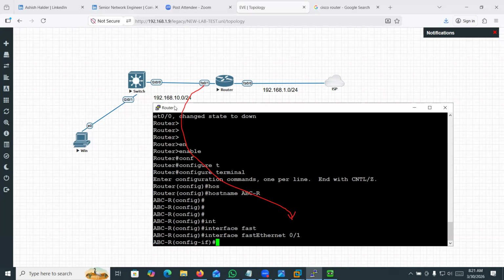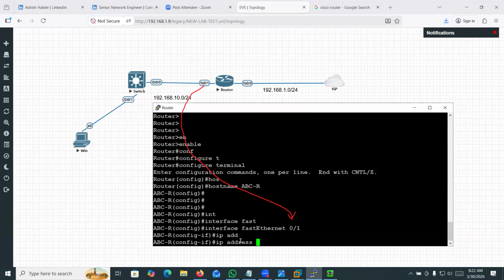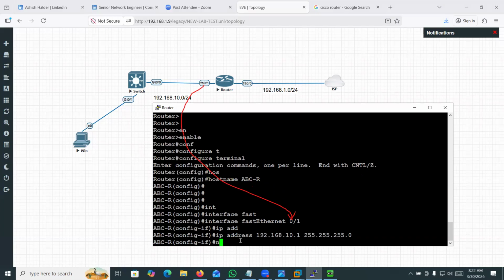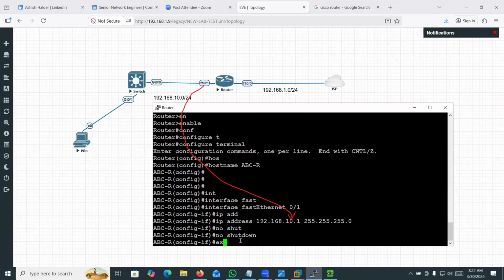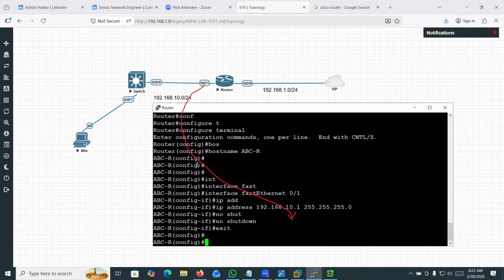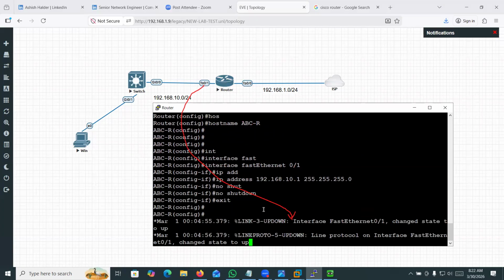I will assign an IP, for example, on that interface 192.168.10.1. The command is ip address 192.168.10.1 and the subnet mask. And then you must apply the no shutdown command. By default, the interface is shut down. Okay. So this is how to assign an IP on that interface.